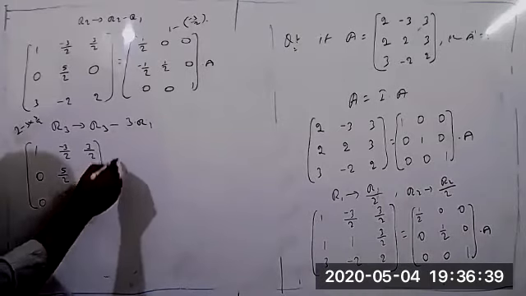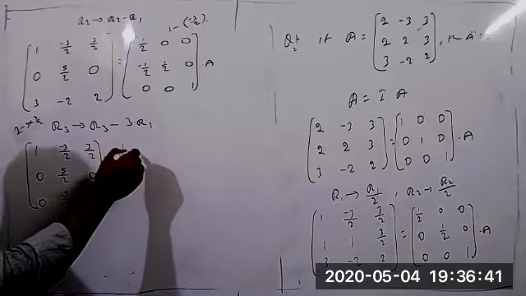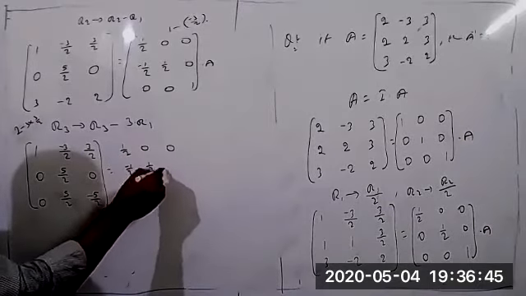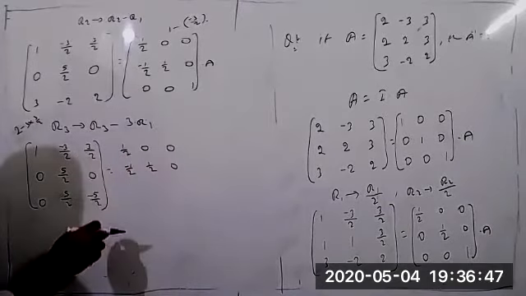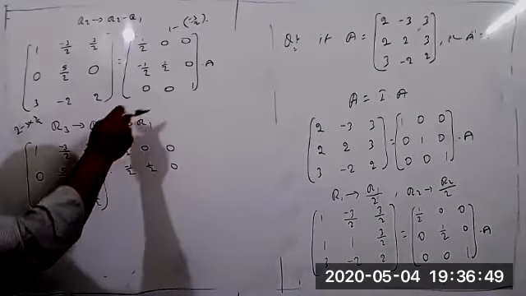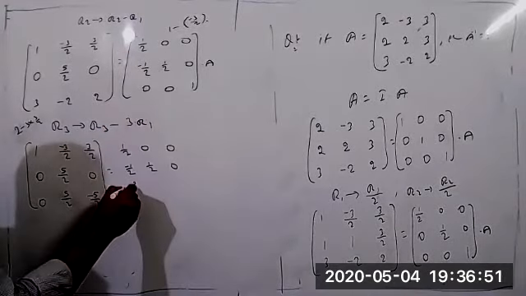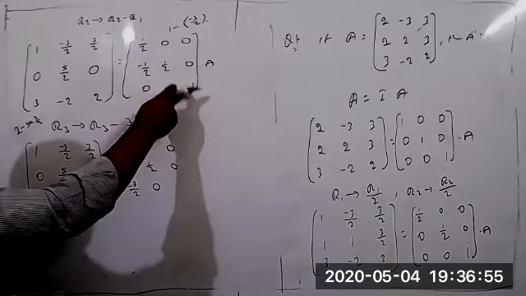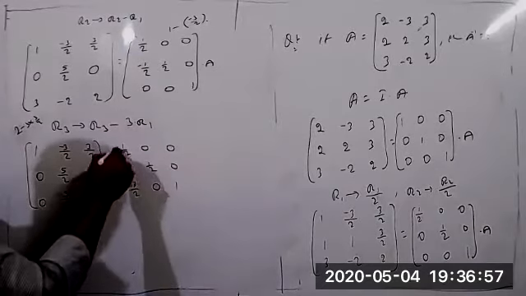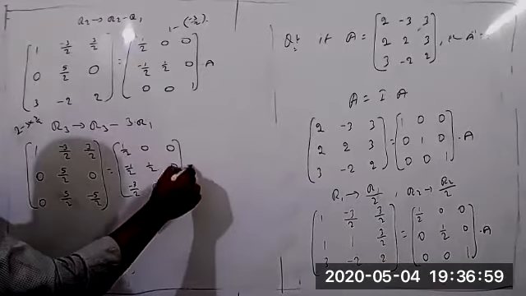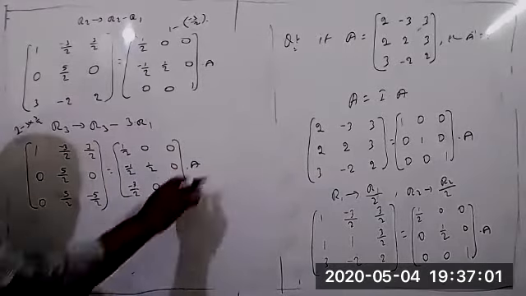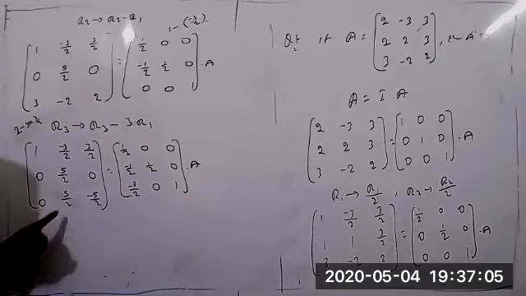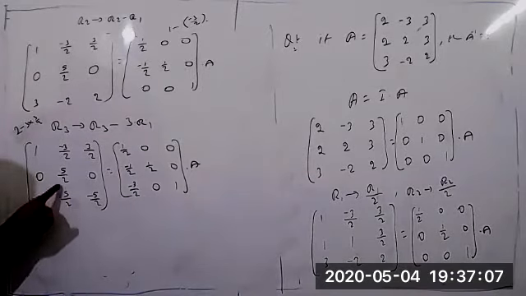Okay. So first and second rows' answer is only 1 by 2, 0, 0, and minus 1 by 2, minus 1 by 2, 0. This one you can change now. So 0 minus 3 into 1 by 2 equal to minus 3 by 2. And 0 minus 0 equal to 0 only. 1 minus 3 into 0 equal to 0. This is the 1 only. Into A. Into A now. So 1, 0, 0 we got. Now this element is 70 into 0. This is 70 into 0.